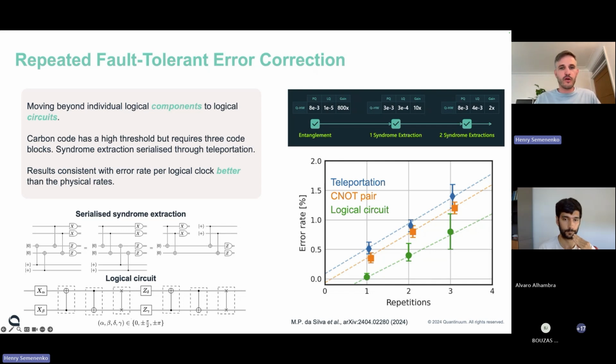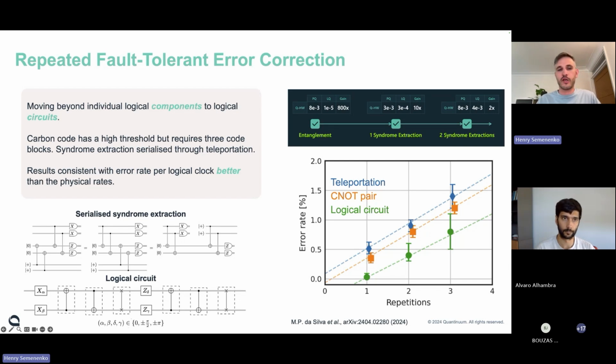And then we're going to compare this to a physical teleportation, so looking at doing teleportation only with the physical qubits, and also the error that we would get from doing a pair of CNOT operations. And these are chosen just because they have the highest error rate compared to the other operations that we do. And so what we can see from the results of this is that the error rate that we get